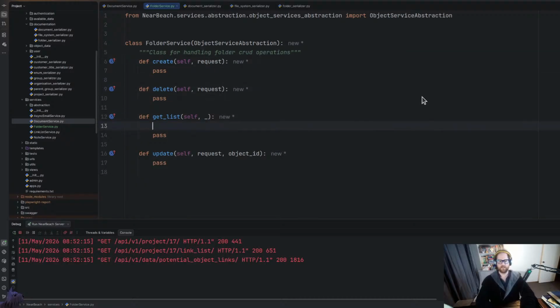The get list I might not implement because we'll have that at the document level. However, when we want to create folders, update folders, or delete folders, we can do that here. It separates out that logic